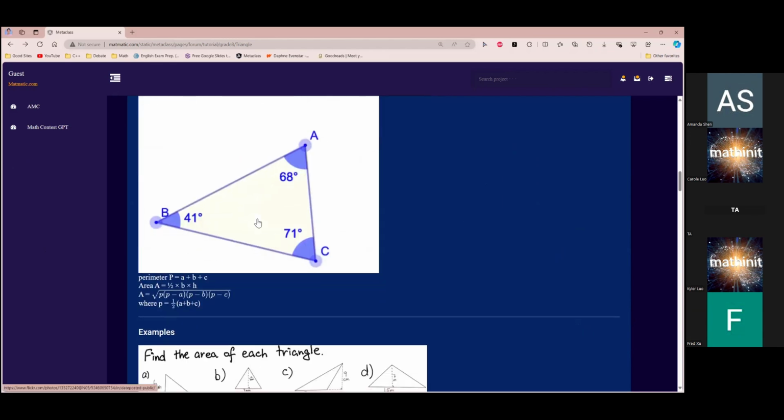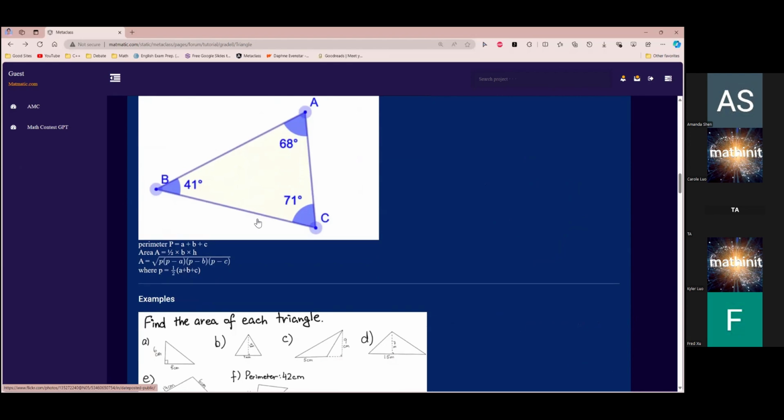Another basic piece of information: to find the perimeter of a triangle, you just add up the three sides. There's no specific formula for it. For the area, you just multiply the base and the height and divide by 2. However, there's another way you could find the area, which is through a formula